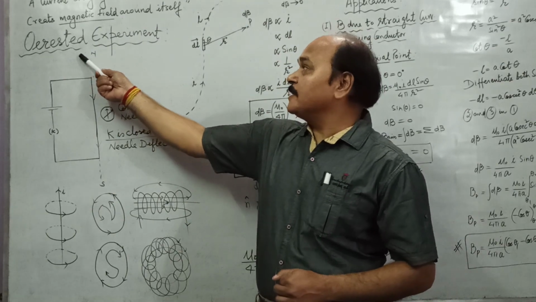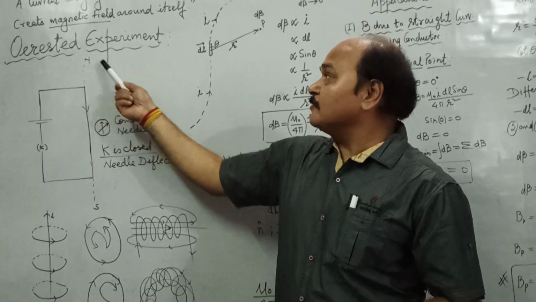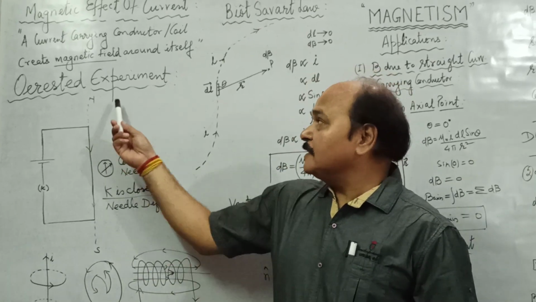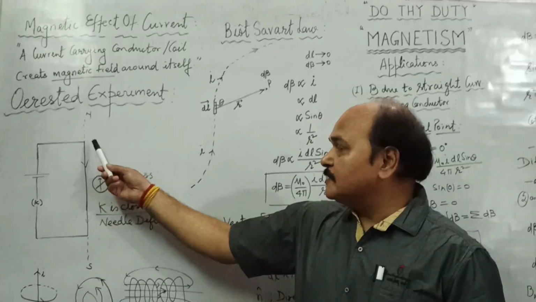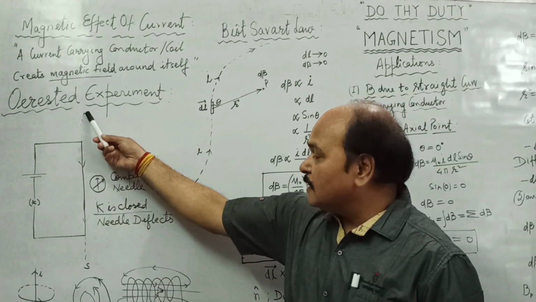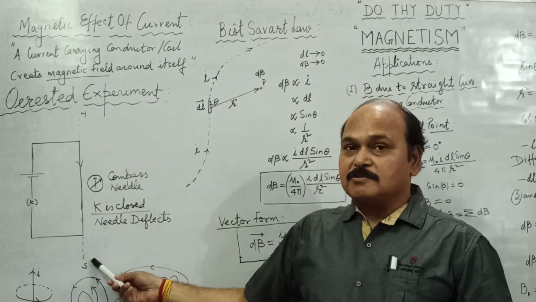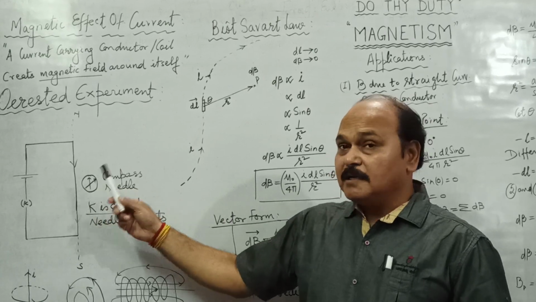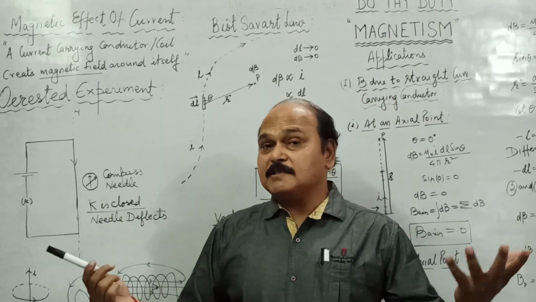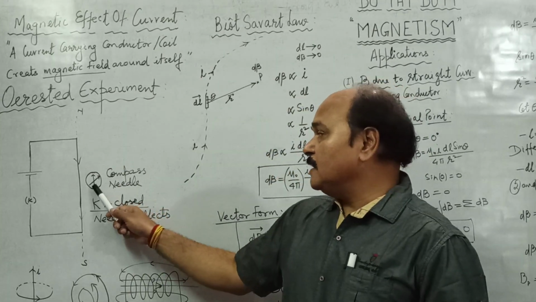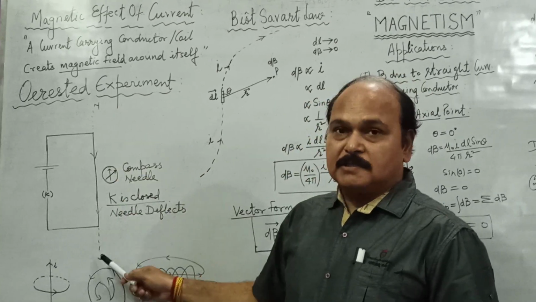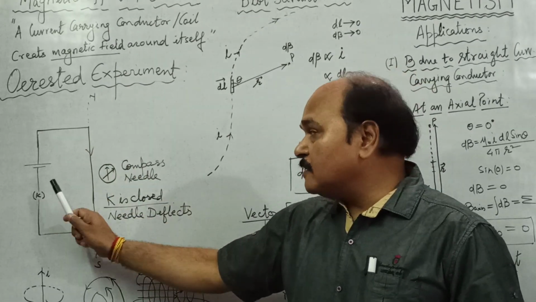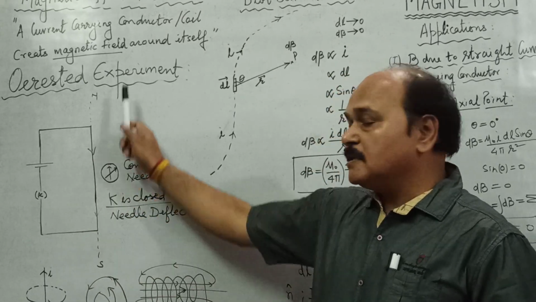Well, there was a very famous experiment which you studied in class 10, known as Oersted's experiment, which illustrates this effect. And what is there in this experiment? We have a straight conductor which is aligned along the magnetic north-south direction, and there is a compass needle kept close to it. The needle of the compass box always aligns itself in the magnetic north-south direction. So this needle is along the direction of the conductor. This conductor is connected across a battery and key. So as long as this key is open, the needle is along this conductor.